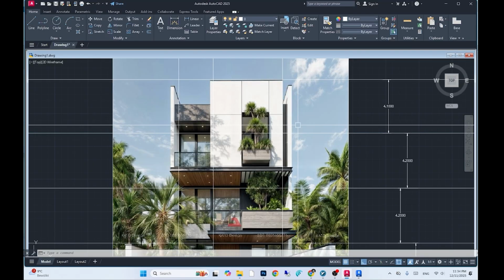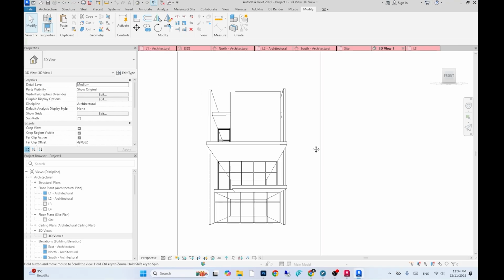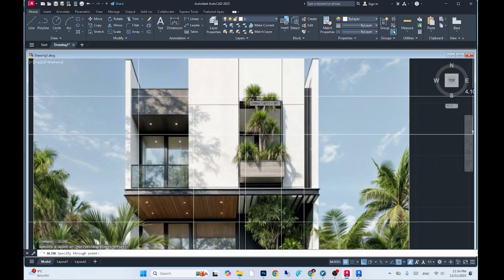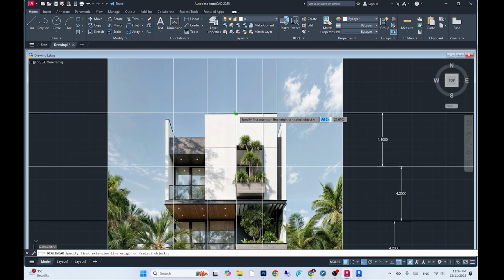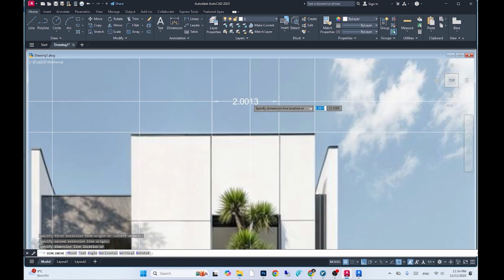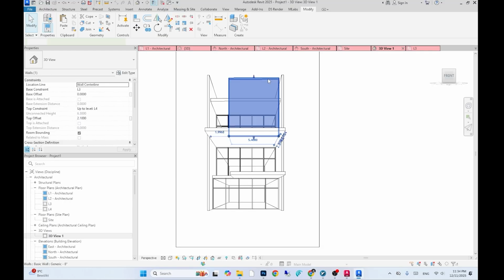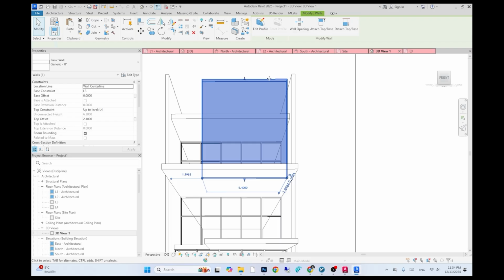Now we want to create an empty section within this wall using the measurement from our reference image. We draw and dimension each line in AutoCAD based on this image. The middle section is 2 meters and the side section is 1 meter, which means we need to offset 1 meter from the right before creating the opening. To do this, I double click on the wall